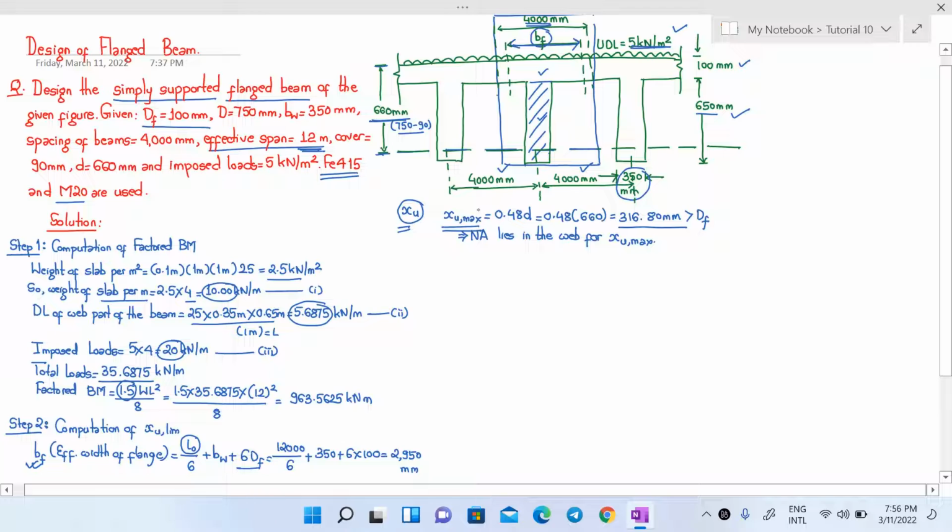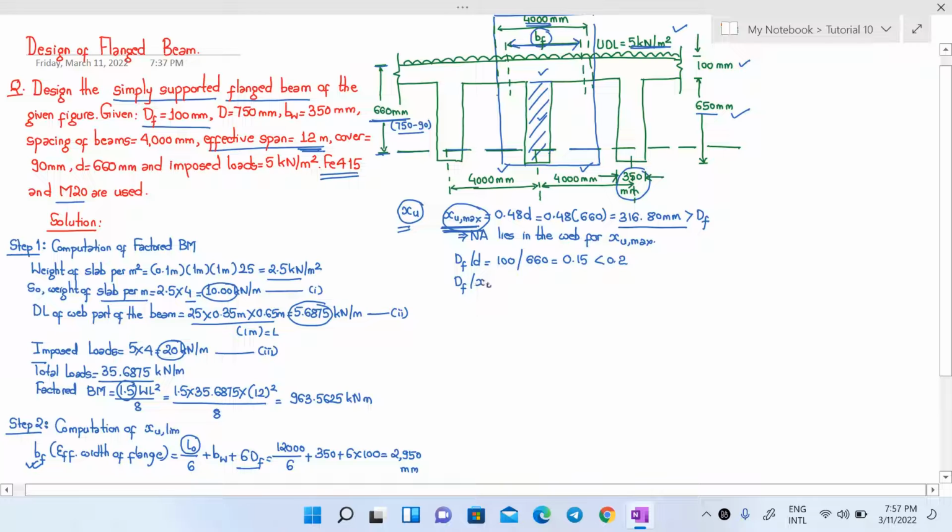Why did we calculate this Xumax here? Because we want to calculate the value of Mu limiting. So once we know that the neutral axis lies in the web, we have to calculate this Df by d ratio, which is given as 100 over, now d is 660, that means 0.15, and this value is less than 0.2,